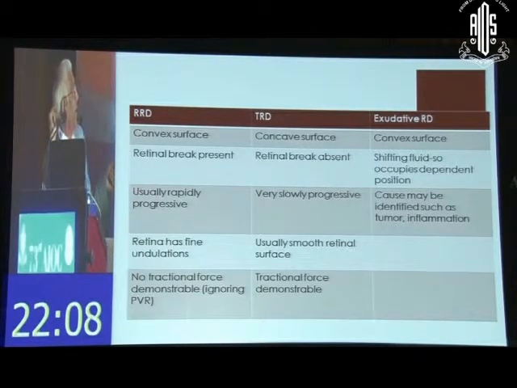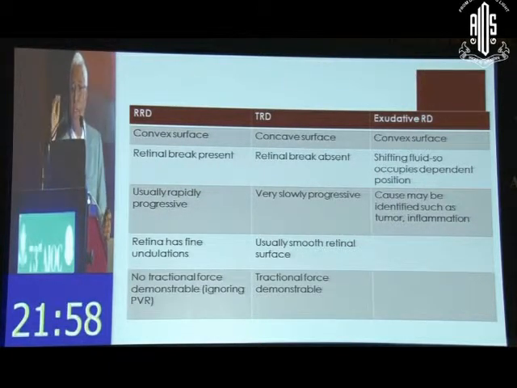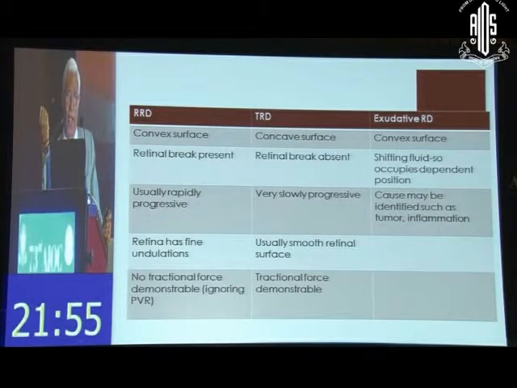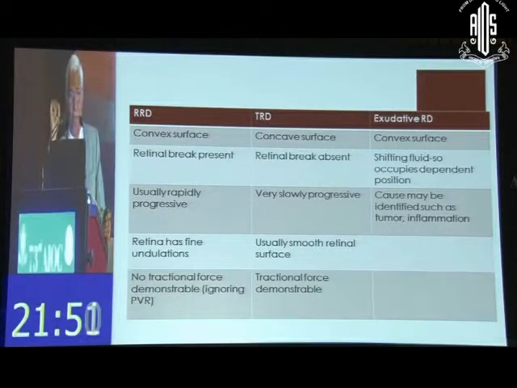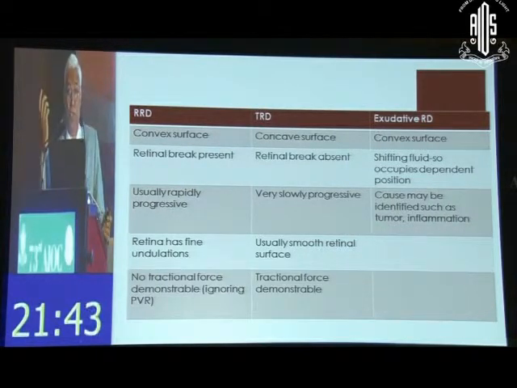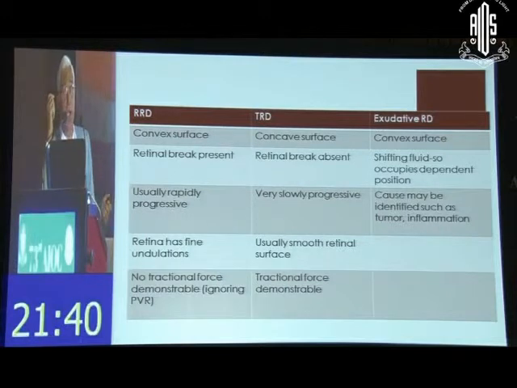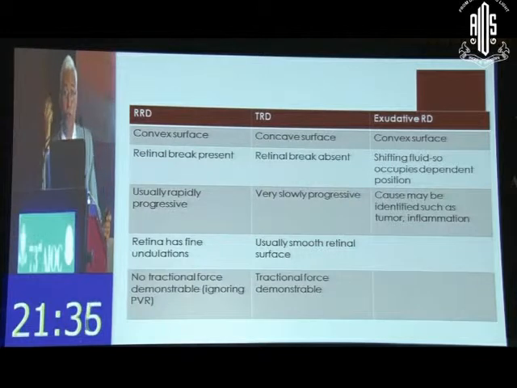If you see in rhegmatogenous detachment, the surface is convex. It's got a corrugated surface, not a very smooth surface, because of a retinal edema that almost always encompasses a fresh detachment of retina. It is the retinal edema which makes the retina slightly corrugated in its appearance, undulated in appearance. So that, along with the convex surface and the presence of retinal break, tells you it is a rhegmatogenous retinal detachment. But a retinal break need not always be visible. Obviously it is there, but it is not always obvious. That is when there is confusion between exudative detachment and a rhegmatogenous detachment.